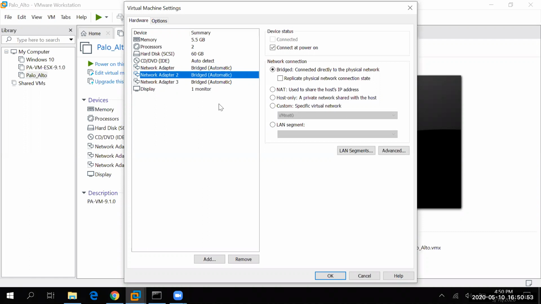And one thing which you need to note down is both those interfaces should be in the same subnet, so that you will be able to access your management interface and the GUI, as well as access the internet. Let me just see here.